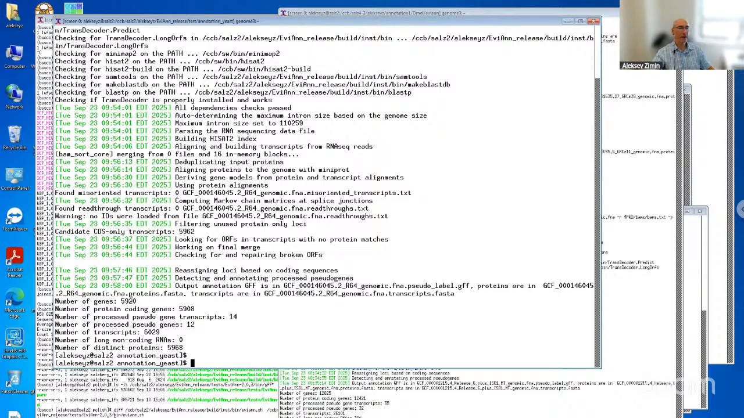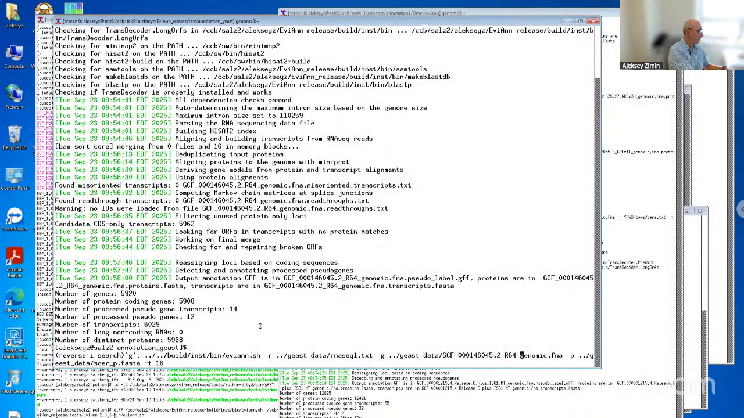It found 5,920 genes. Most of them are protein coding. There are a few pseudogenes. The number of transcripts is larger than the number of genes, so there is some alternative splicing here. And there are 5,968 distinct proteins. And then now you can, for example, run GFF compare